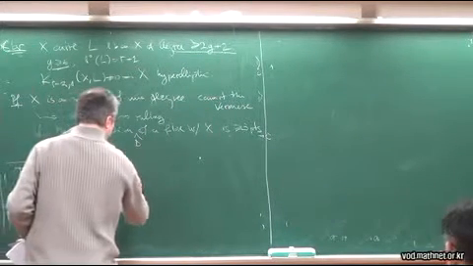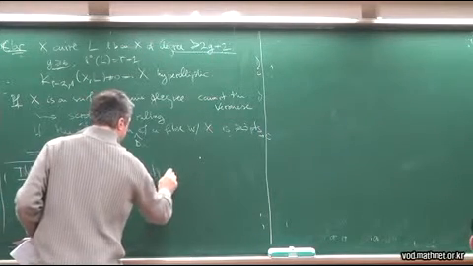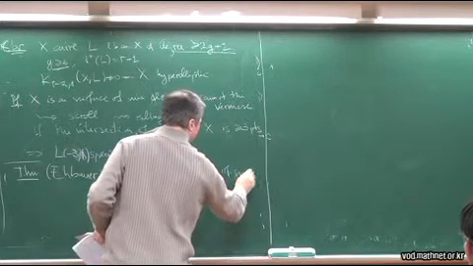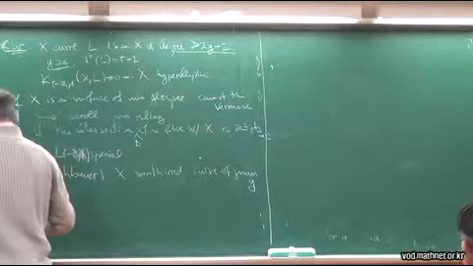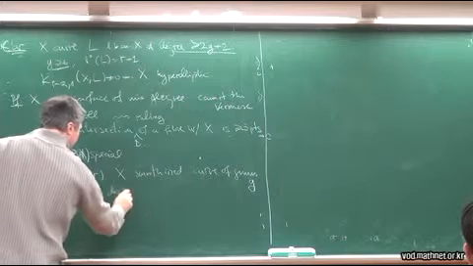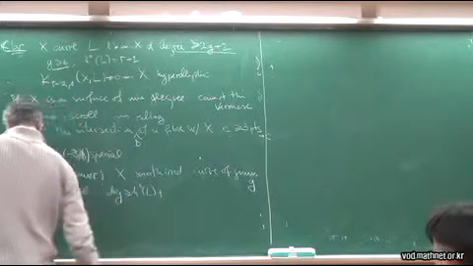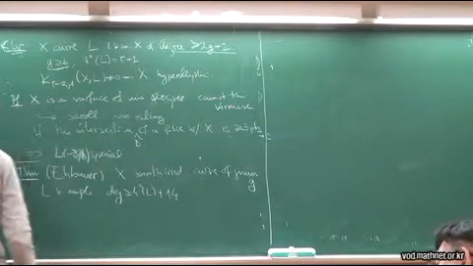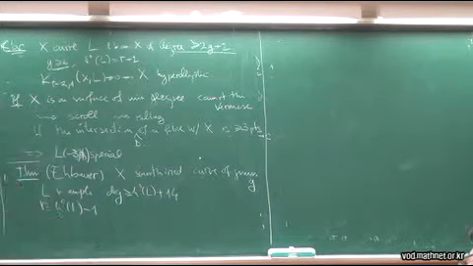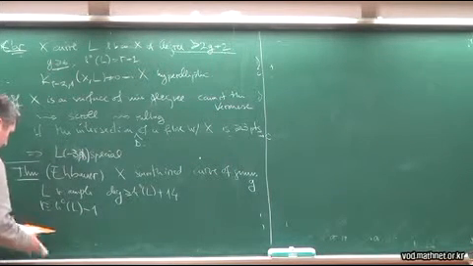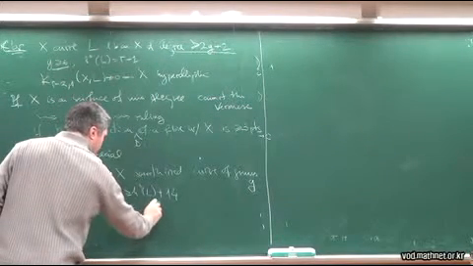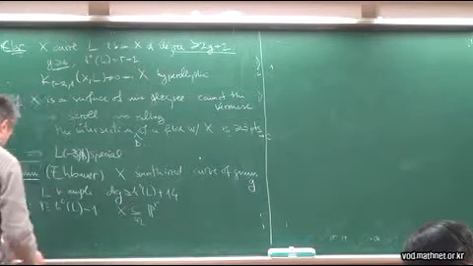If X is a smooth, irreducible curve of genus G, L very ample with the degree at least H0 of L plus 14. R as usual is H0 of L minus 1. Okay, so X is embedded by phi L in PR. And if